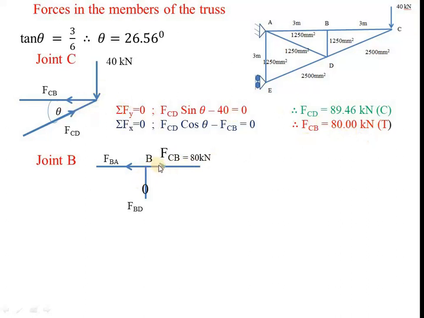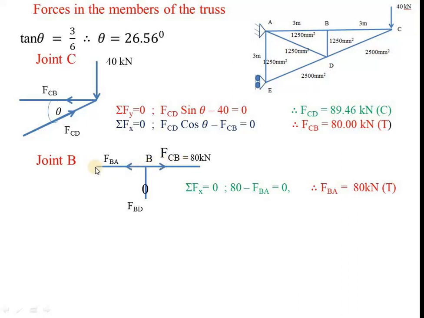Tension with respect to B is also away, and with respect to C also away. Now mark this known force, these two are the unknowns. So this is a 3-force system. So if you write sigma Fx equals 0, you know that these two are the only forces.